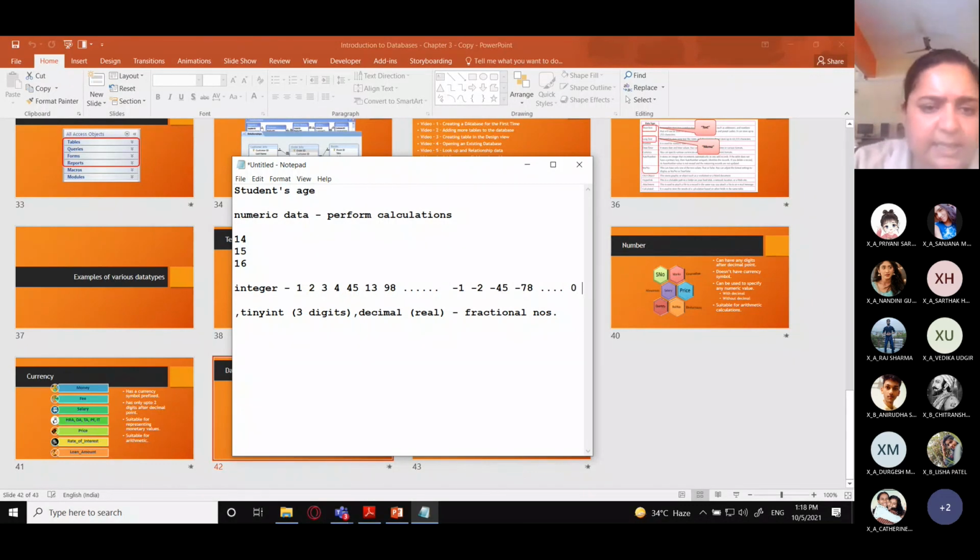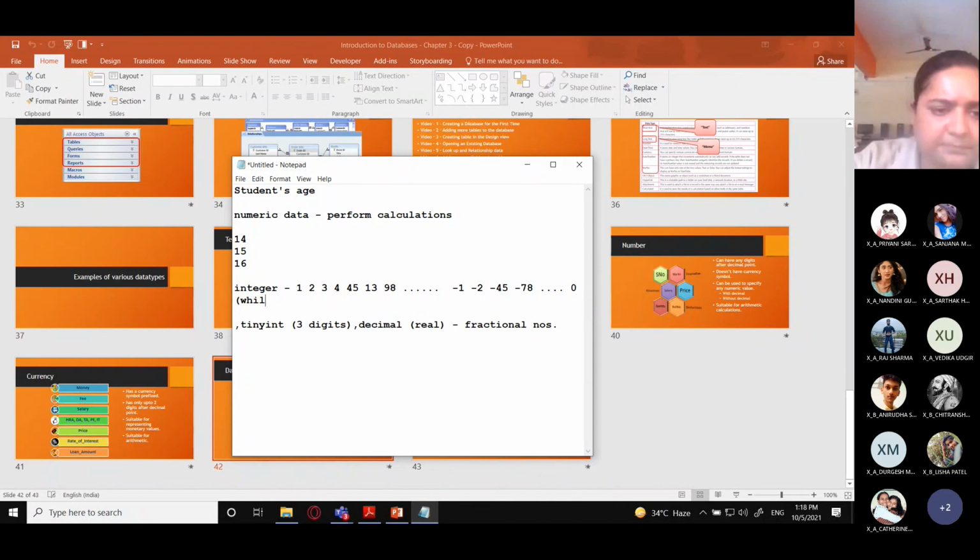That is basically integers, which are whole numbers. I have studied this in mathematics. What are whole numbers? All those numbers which don't have a fractional part, which are complete. So those are integers and those are whole numbers.